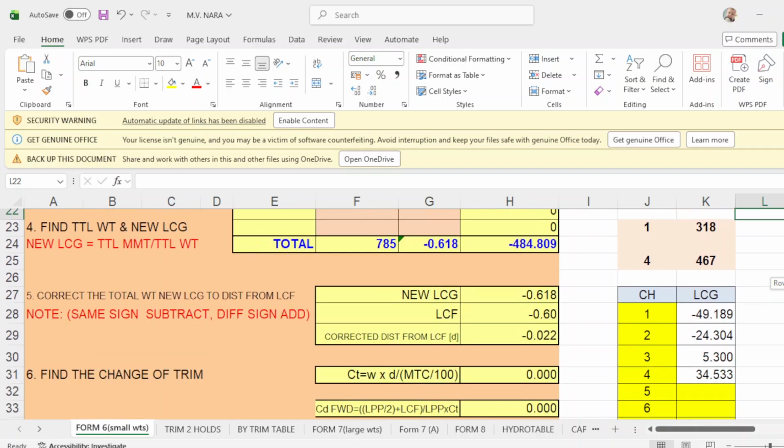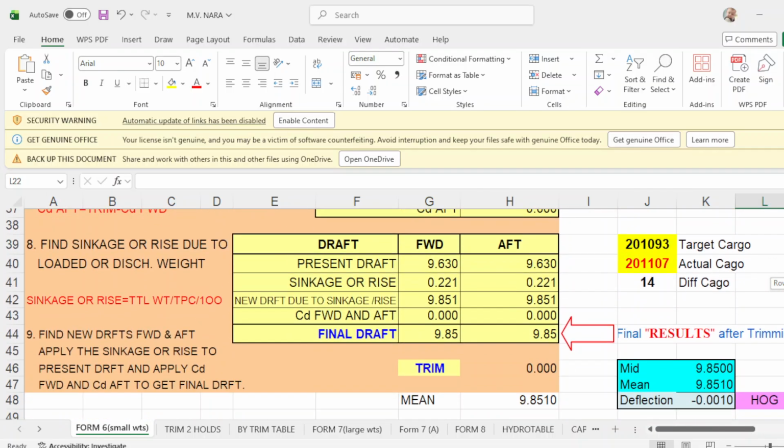Your departure drop forward and aft is 9.85, 0 trim, and your main drop is 9.85, even keel.